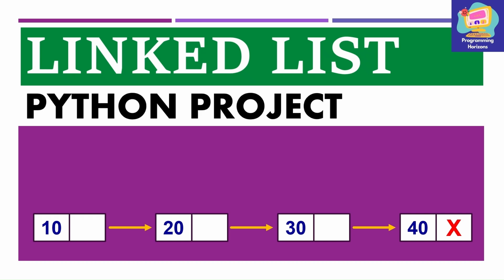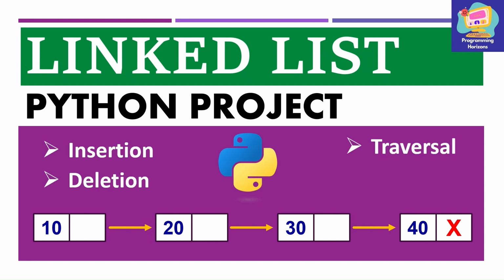In today's video, we are going to build a linked list in Python from scratch using object-oriented programming concepts. We will start with a simple linked list of integers so you can clearly see how linked lists work and then understand how to insert, traverse, search and delete elements step by step. At the end, I will give you a practice project of building a small contact book using the linked list basics that you will learn today. So make sure you stick around till the end.